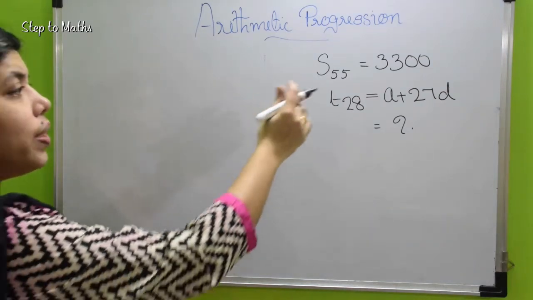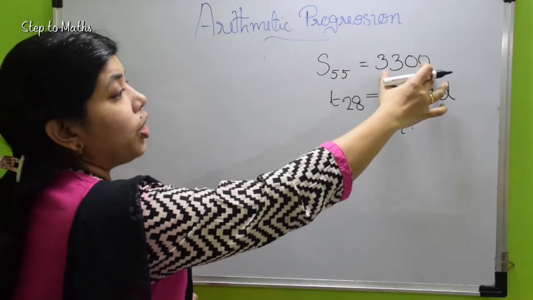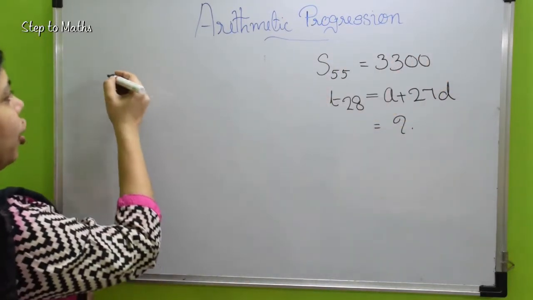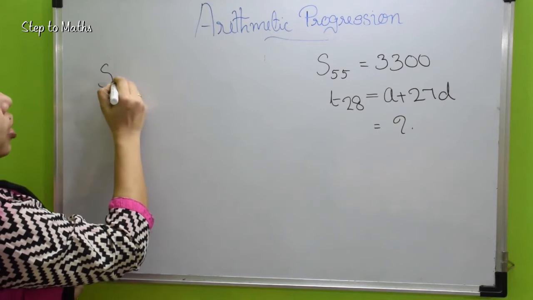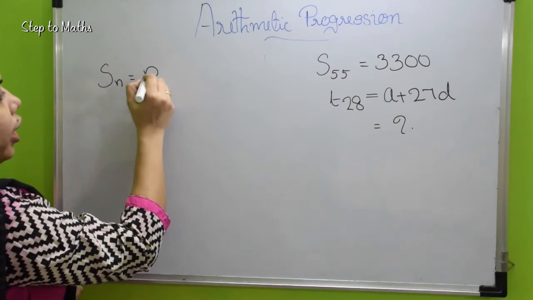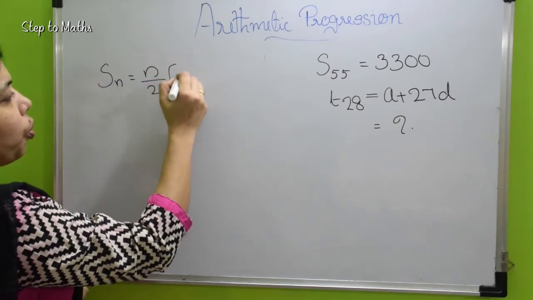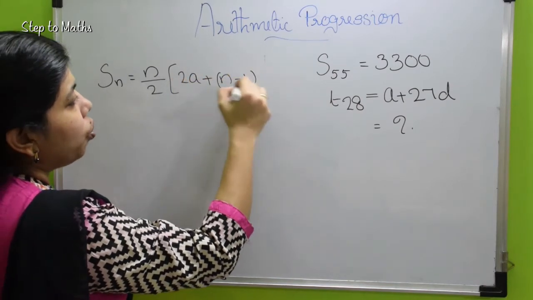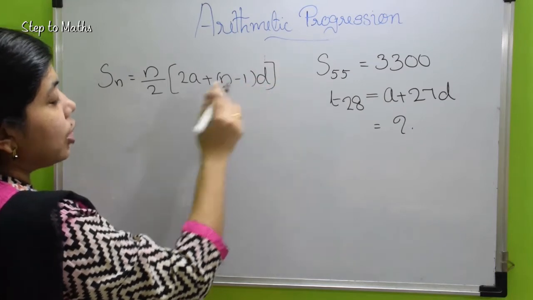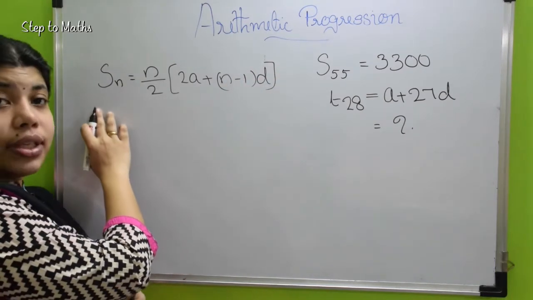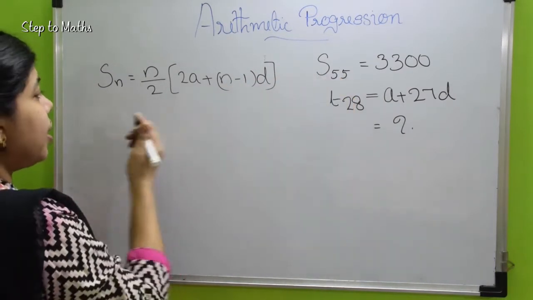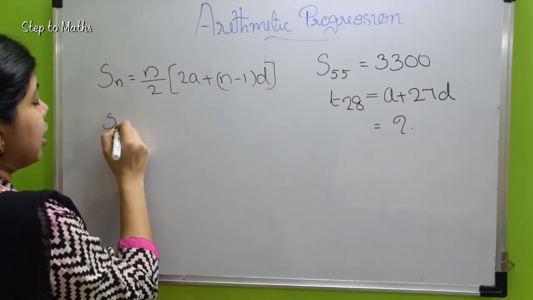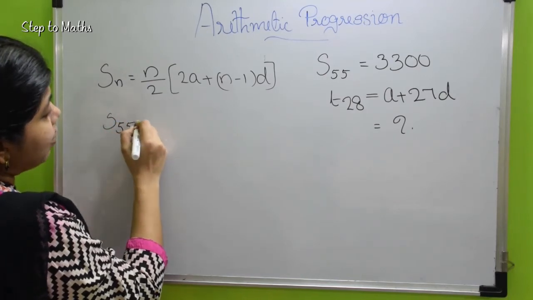The given value is S55 is equal to 3300. We know the equation Sn is equal to n upon 2 into 2a plus n minus 1 into d. That is the first equation for sum of first n term of an AP. Here sum of first 55 term is given. So S55 is equal to,